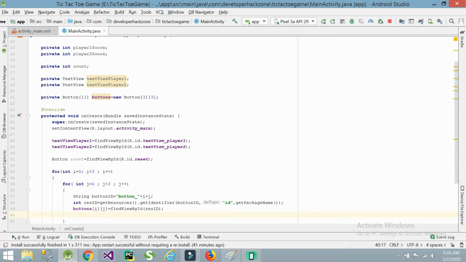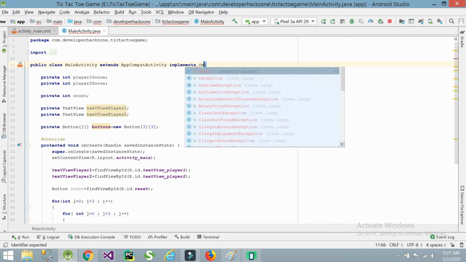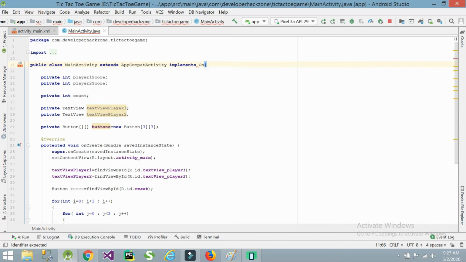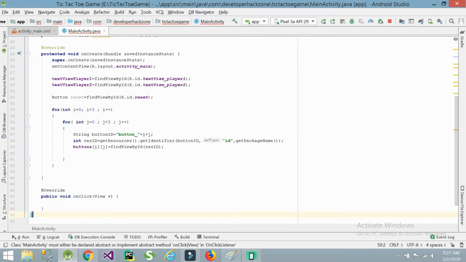So for the click event also I am setting it dynamically, implementing View.OnClickListener and implementing the onClick method.